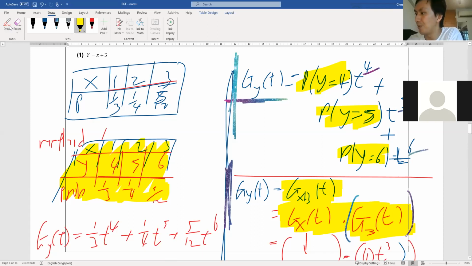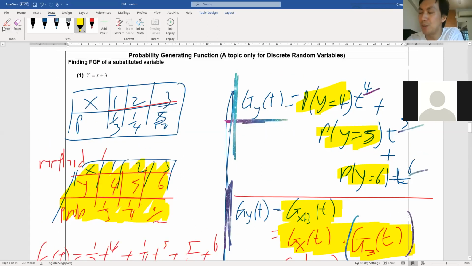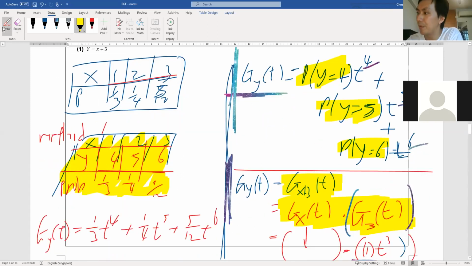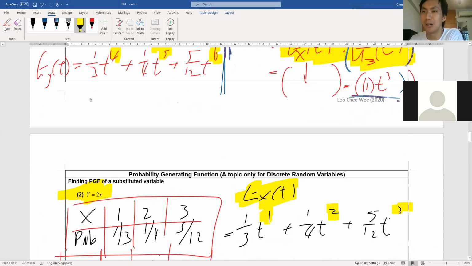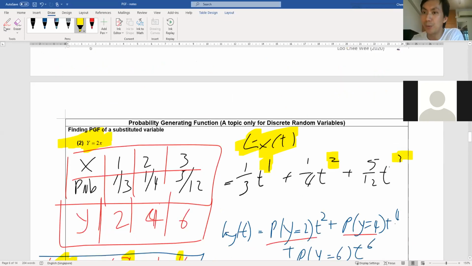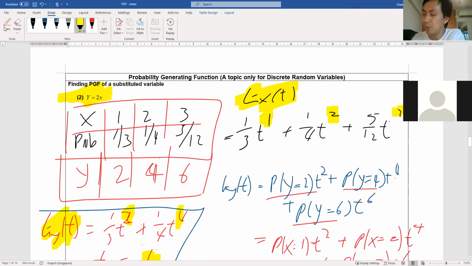With the transformation above, plus 3, all the powers got bumped up by plus 3. Okay, if I erase the PGF of x, and we can construct the PGF of x, the powers will be 1, 2, and 3, right? Plus 3 to all of them, it became 4, 5, and 6, respectively. Okay, but of course, you need to show some working in the paper 3. You cannot just write down the answer right away. Hence, these are the 3 various ways which you can go through to construct the updated PGF. Okay, so one transformation is on addition, one transformation is on multiplication. All right, so